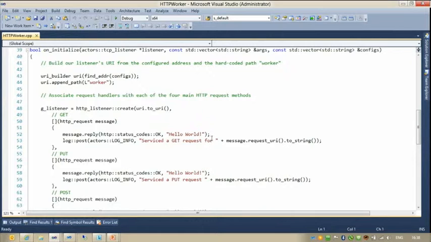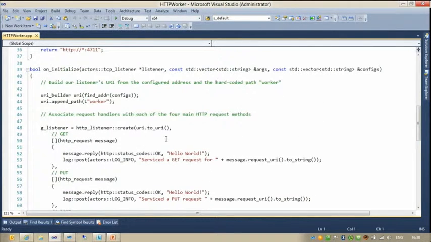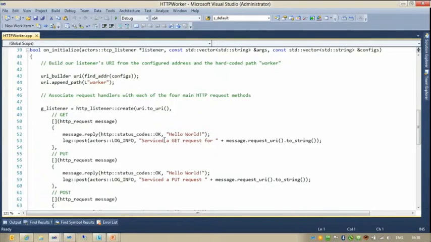And what we will call here is two functions. One is called onInitialize, which we see on the screen here. There's another one called onShutdown. Between the call to onInitialize and the call to onShutdown, that's when our service is alive. We don't have control over the lifetime of the service. That's controlled by the environment for us.